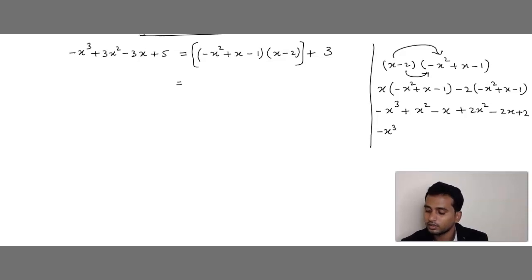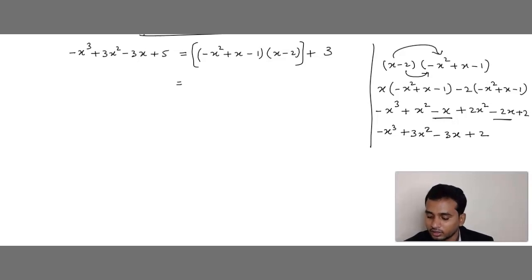And we can see here we have second degree. Here also we have second degree. Shall we add these both? Yes. That is plus 2x square plus 1x square, that is plus 3x square. Second degree terms we have to add with second degree terms. And next, what is first degree? Minus 1x. And what is first degree? Minus 2x. Minus 1 minus 2, that is minus 3x. If both are minus, we should add, but the minus remains the same. Got it? Now what is left out? The constant term, that is plus 2. Is this clear? Minus x cube plus 3x square minus 3x plus 2.